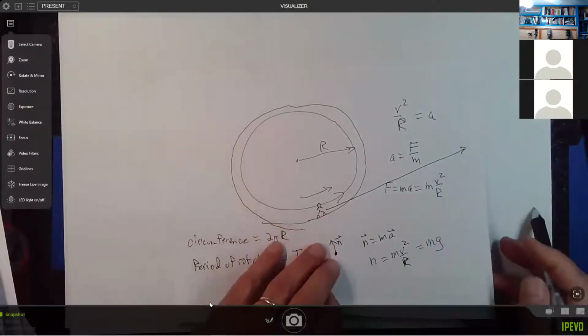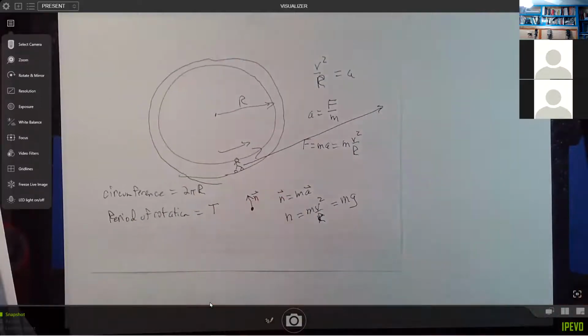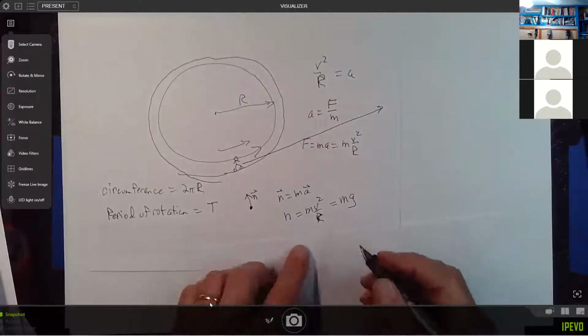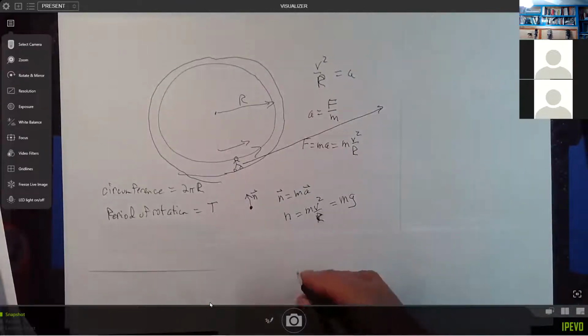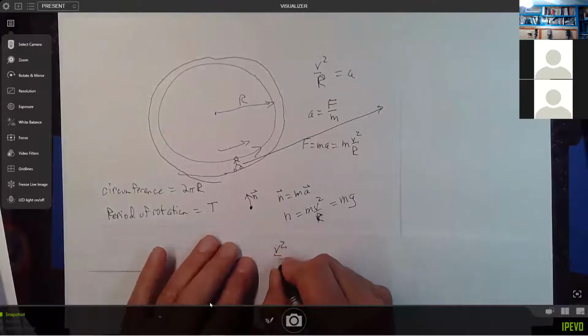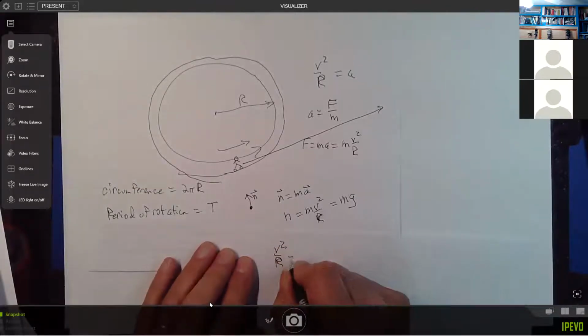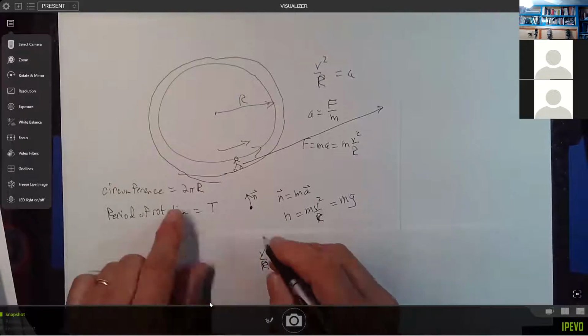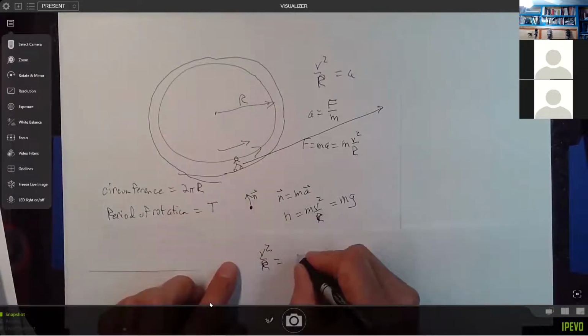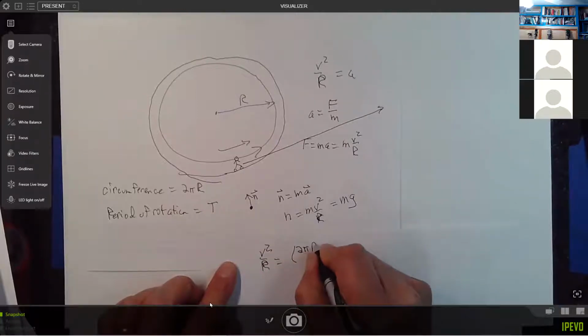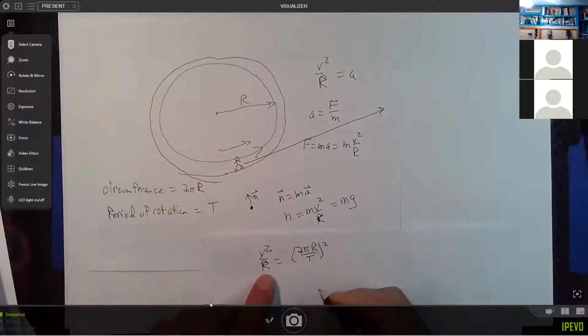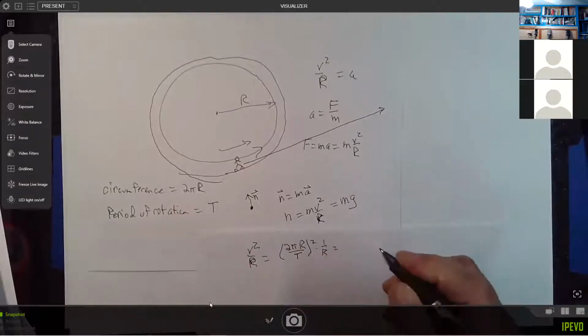And so what we will get out of this is that the acceleration they're experiencing, v squared over R, is going to equal, v is going to be 2 pi R divided by T. So we'll have 2 pi R divided by T, and remember v gets squared, and then we're multiplying that by 1 over R, and so we'll end up with